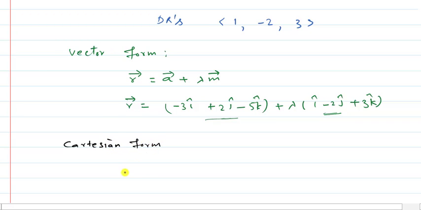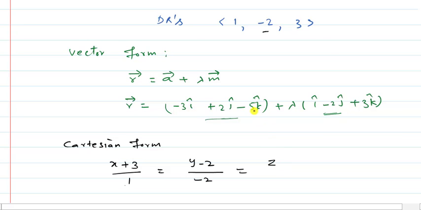Cartesian form is x minus x1. x1 means the first passing point, so minus of minus 3 will be plus 3. So x plus 3 upon A. A means the coefficient of i, or you can say direction ratio A. That is A, here I can write 1, is equal to y minus 2, this 2 I am taking over here, upon minus 2, is equal to